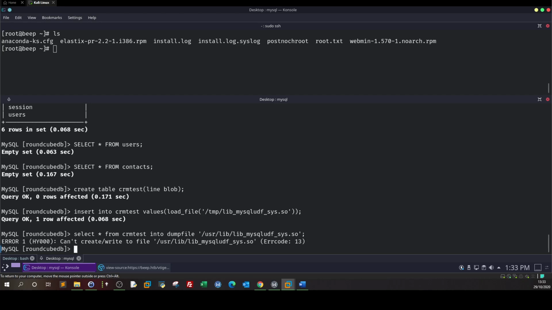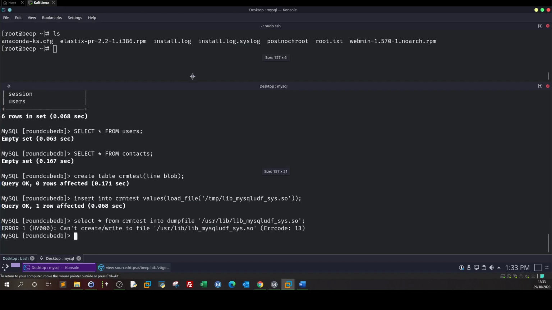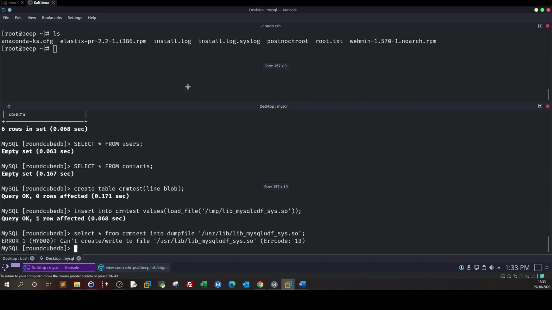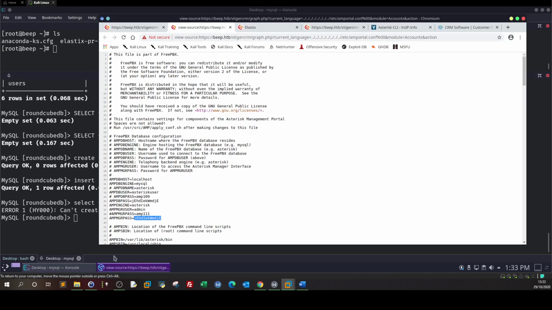All right. Can't create file. Oh, okay. So it seems like we can't do that. The MySQL user can't create files or write. So we stop here on this. We can't continue. Okay. So another way to get a reverse shell is to go to the browser and